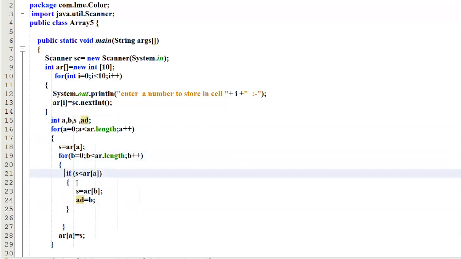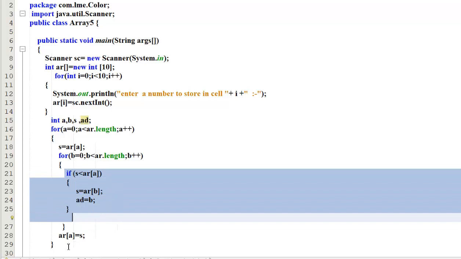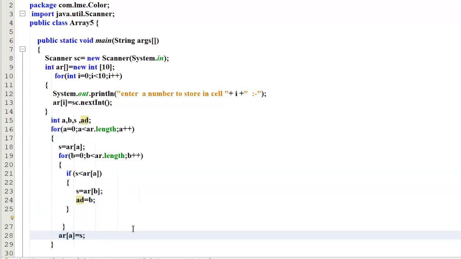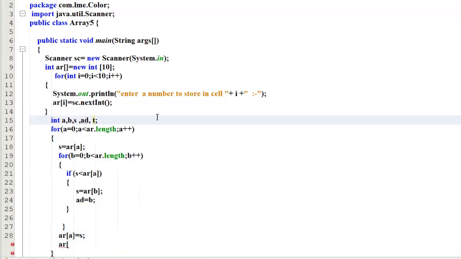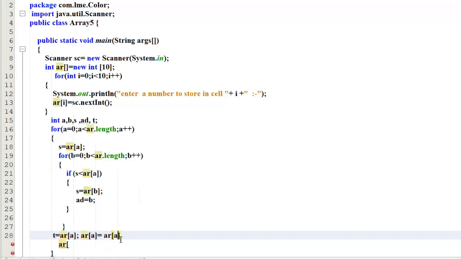After finding the smallest and its address, now interchange the values. This is the smallest. t equal to array of a. Now array of a equal to array of ad, and then array of ad equal to t.